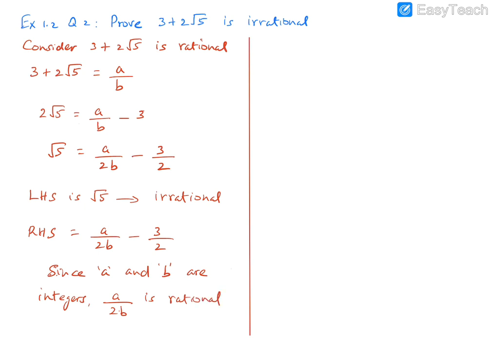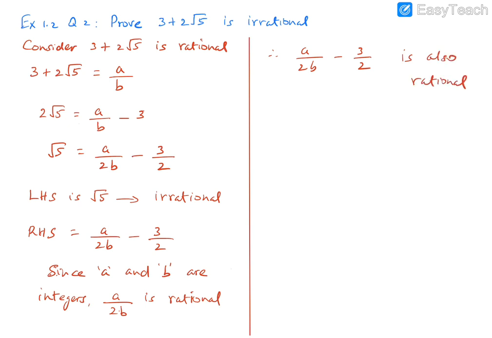Okay, so a over 2b is rational because a is an integer, b is also an integer, and the number 2 is also an integer, obviously. So a by 2b is a ratio of integers, therefore a by 2b is rational. We also have 3 by 2, which is also a rational number. So therefore we can say that a by 2b minus 3 by 2 is